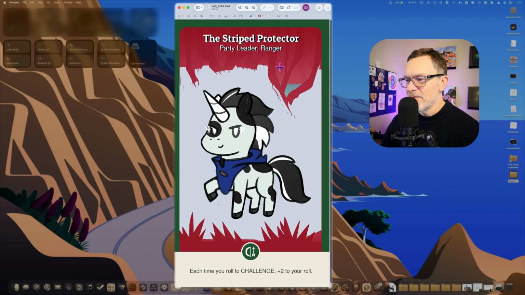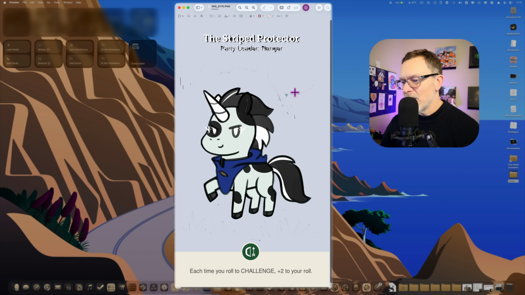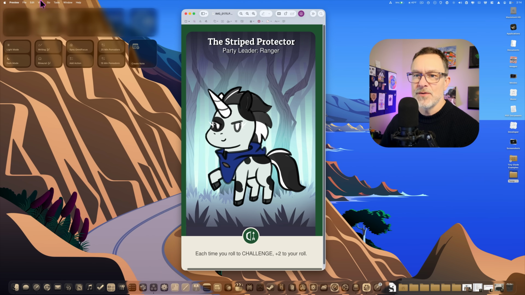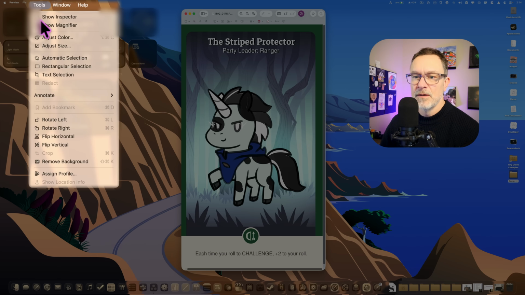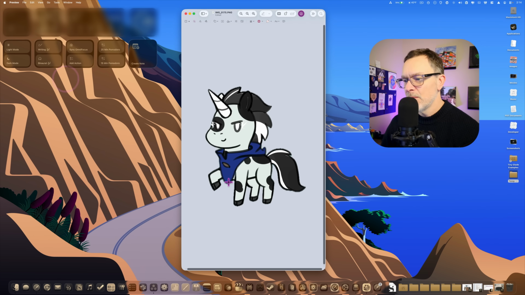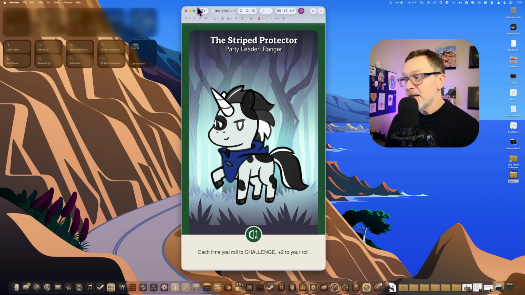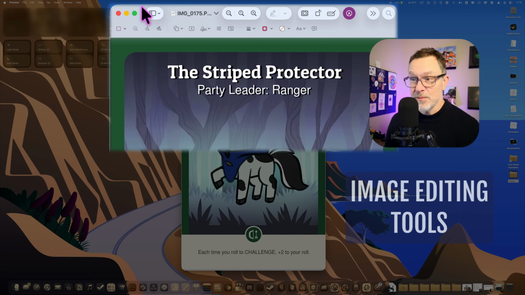So this is when you're being very specific about certain shades or colors you want to get rid of. But that takes a little more work. Often what you can do is just go up to the Tools menu and click Remove Background. Boom, and it's done. The next feature is the ability to use this Markup toolbar for all kinds of different